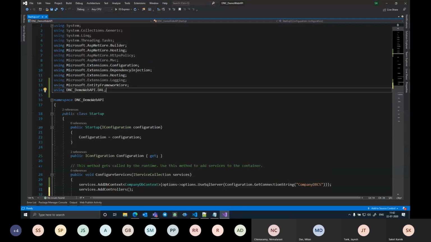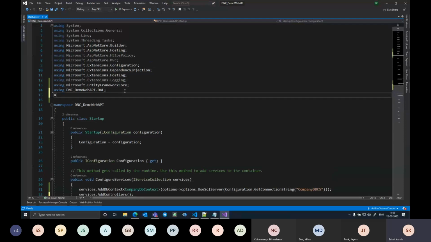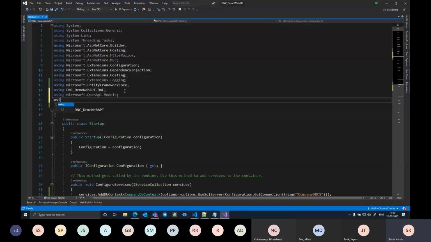That is Microsoft.OpenApi.Models. That's first, and then Microsoft.Swashbuckle.AspNetCore.Swagger,